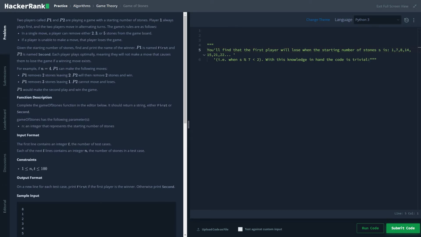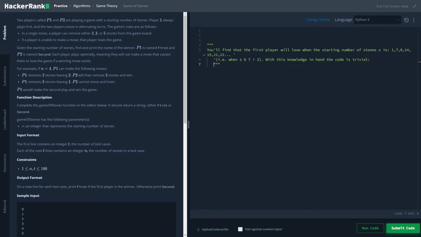Similarly, the player would lose again when the number of stones is 7, because if player 1 tries to withdraw 2, 3 or 5 stones, player 2 can easily withdraw 2, 3 or 5 stones accordingly, and in that case player 1 will lose.